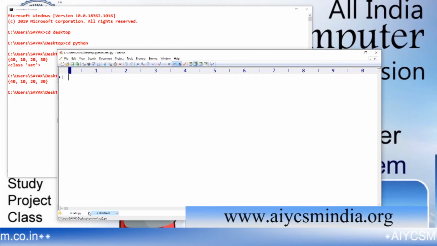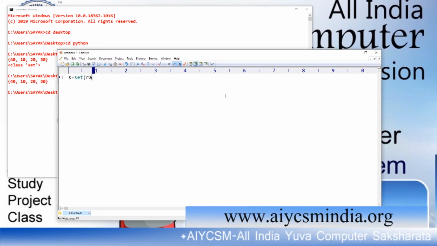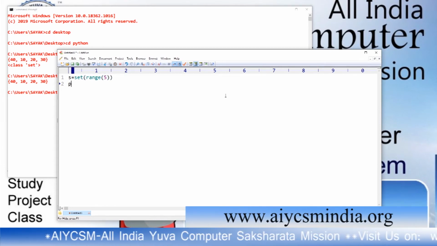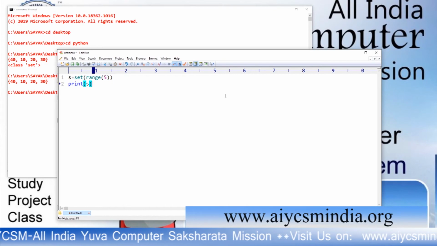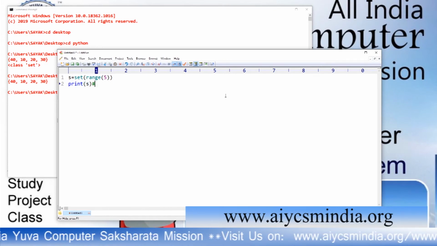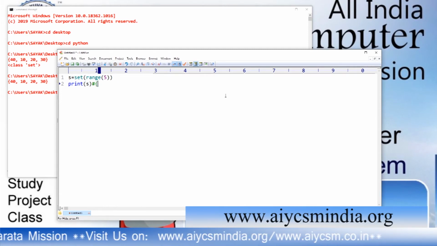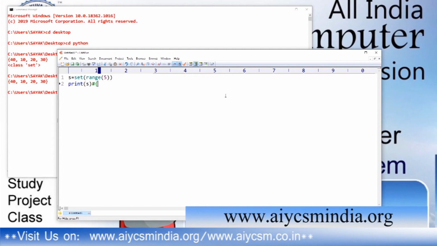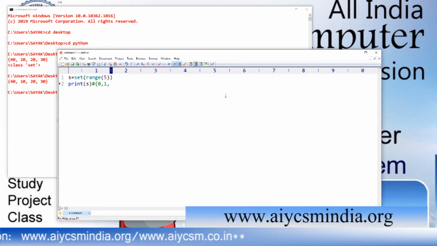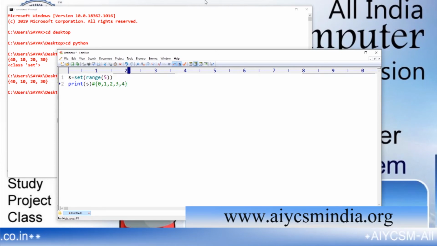This is another example. If you want to create a set with the help of the range function, this is the example: range of 5, print S. If you print S, it will create your set, and the values of the set are there, but we don't know what the index actually is.